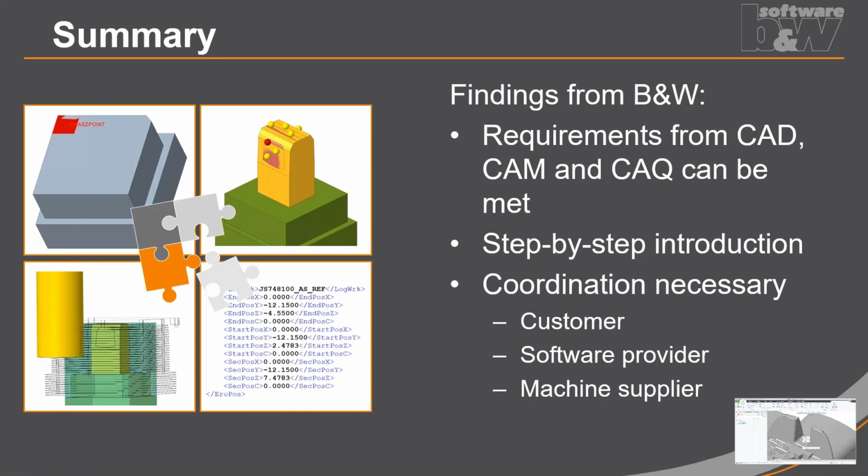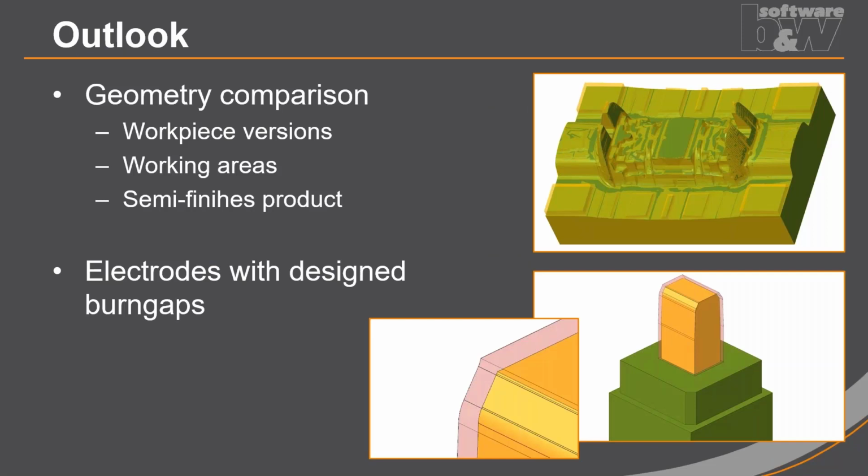So that's for the example. I have a short outlook, what should be the main topic for the next main releases, or for the next few months. So I would like to introduce some kind of geometry comparison, which means you can add different versions of your workpiece to your electrode assembly and check the differences. You can maybe propagate working areas and then check if all of these areas are covered by electrodes,